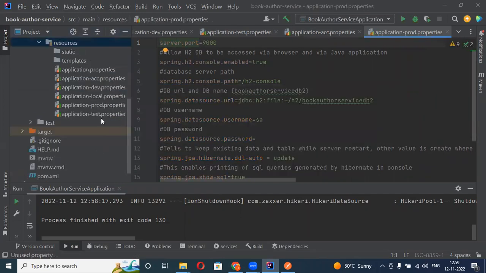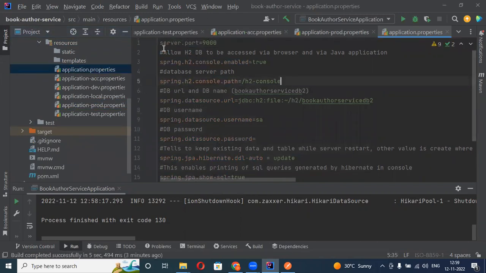And in each configuration file, you can have different configuration. Let's say in this file, first now we should get rid of everything from our